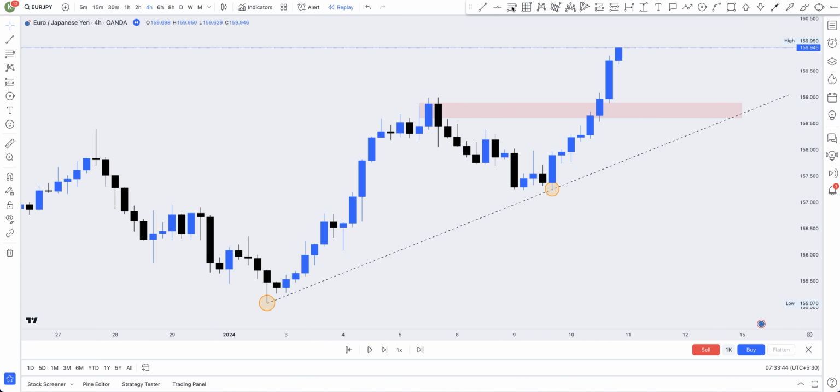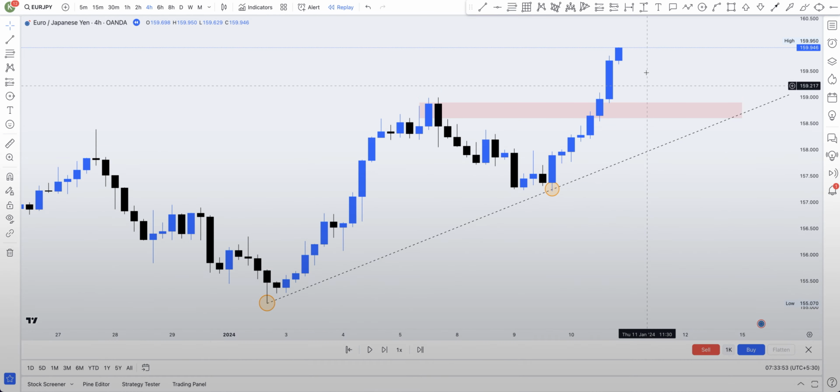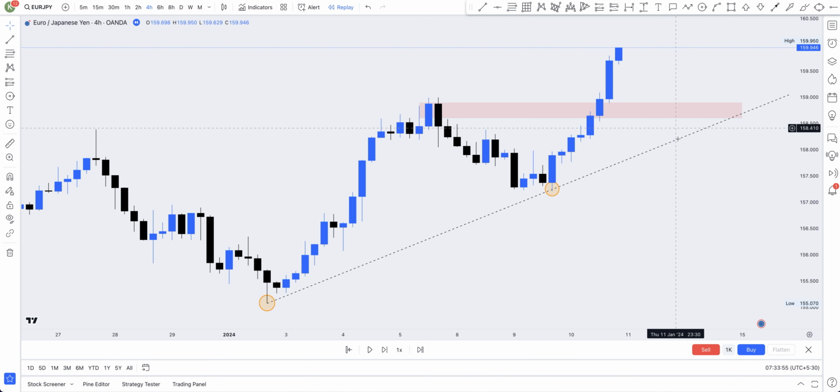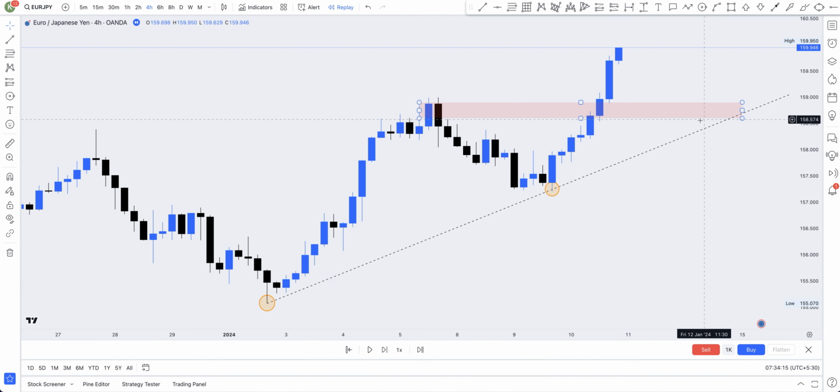resistance at this point. When we are talking about the Fibonacci retracement level, then we are talking about an indicator, so we are not going to use it. If we did drop the Fibonacci retracement level, you would see that we are in the golden zone. My golden zone is always 50% and 61.8%. So you see the number of confluences we have here: the support and resistance, the trend line, and the Fibonacci retracement golden zone, either 50 or 61.8. So this retracement should be at 61.8, but since the Fibonacci retracement tool is an indicator, we are not going to